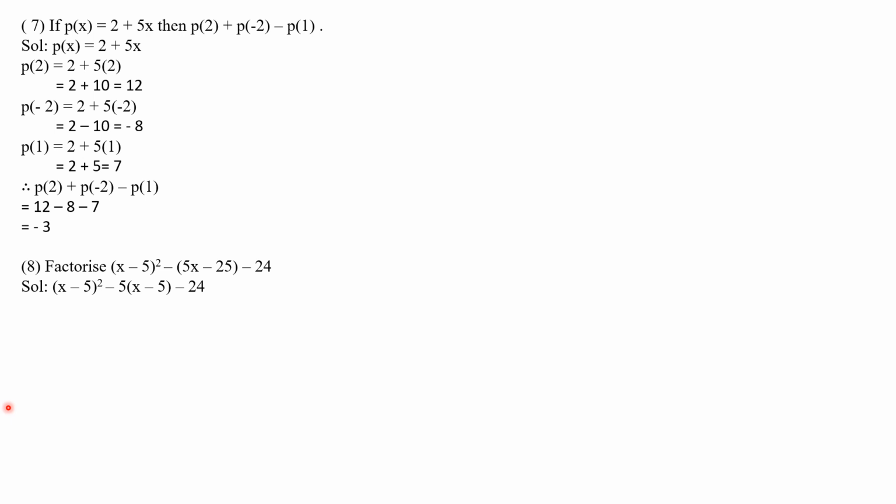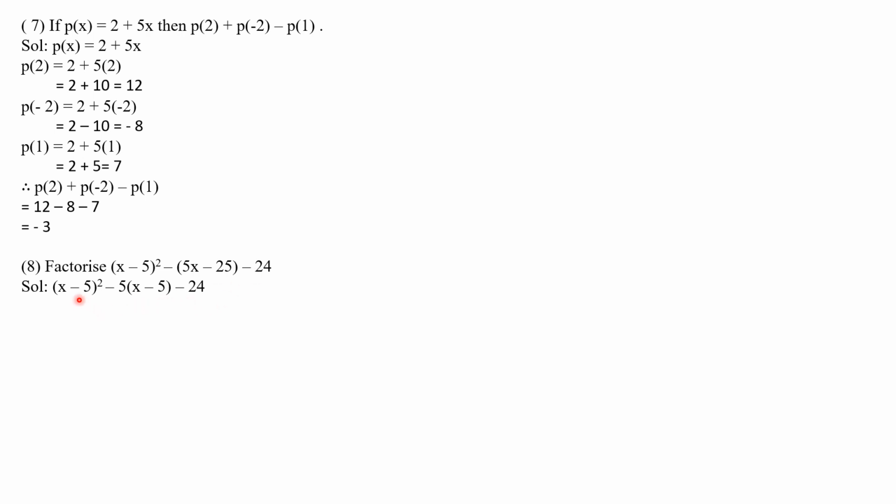So this is a little complicated. So let's substitute the x minus 5 with another simple variable. As it is, x minus 5 is not there here, but 5 is common among both terms. So I took 5 common here. So I write the term x minus 5 the whole square as it is, and minus 5 common I've taken. So in the bracket what is left? x minus 5, then minus 24.